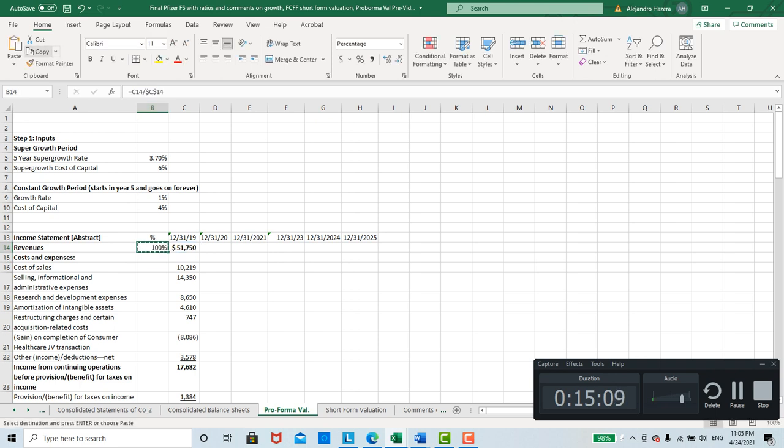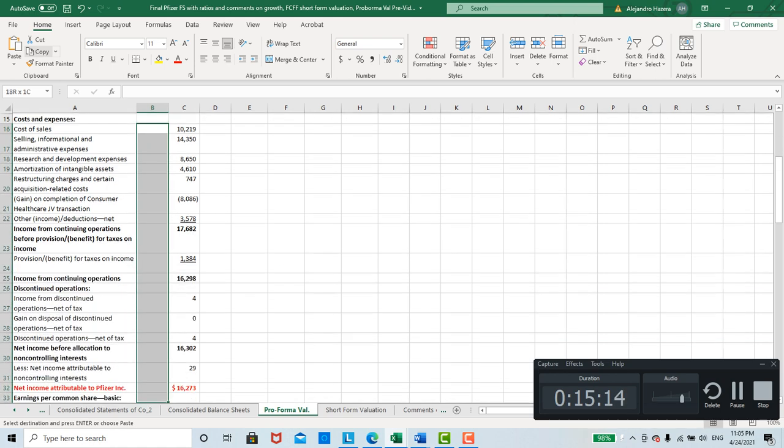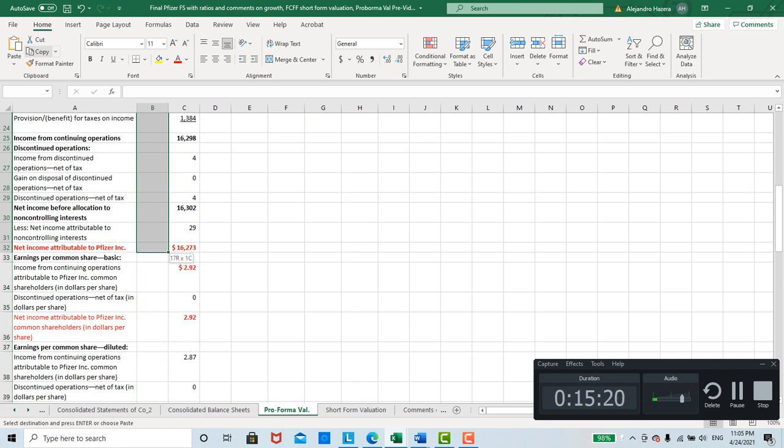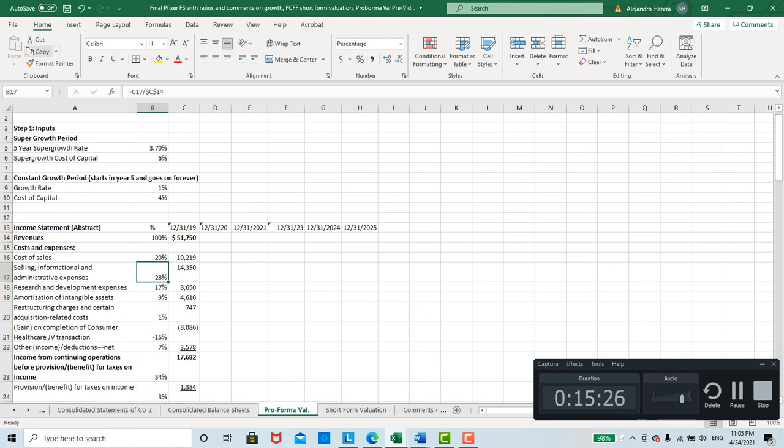What I'm going to do is just copy that number down to all the numbers on the income statement. And you don't have to go into earnings per share. Just take it down to net income attributable to Pfizer, in your case, attributable to Lilly. Okay, and in essence, here's what we're saying. We're saying that revenues are 100% of themselves. Cost of sales is 20% of the